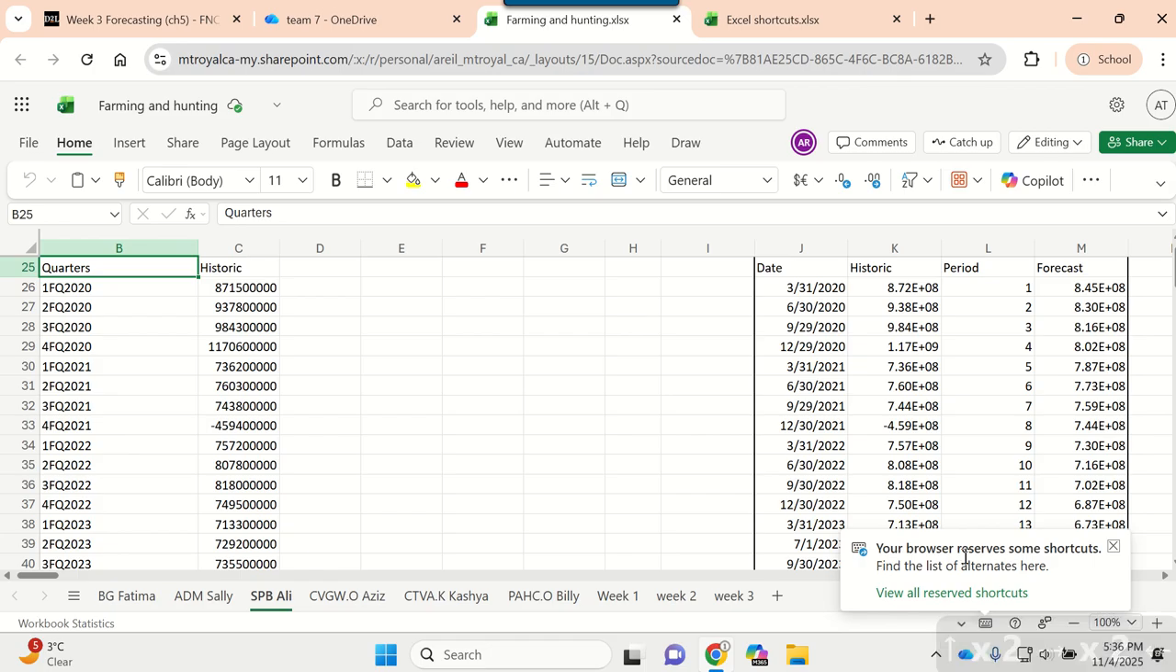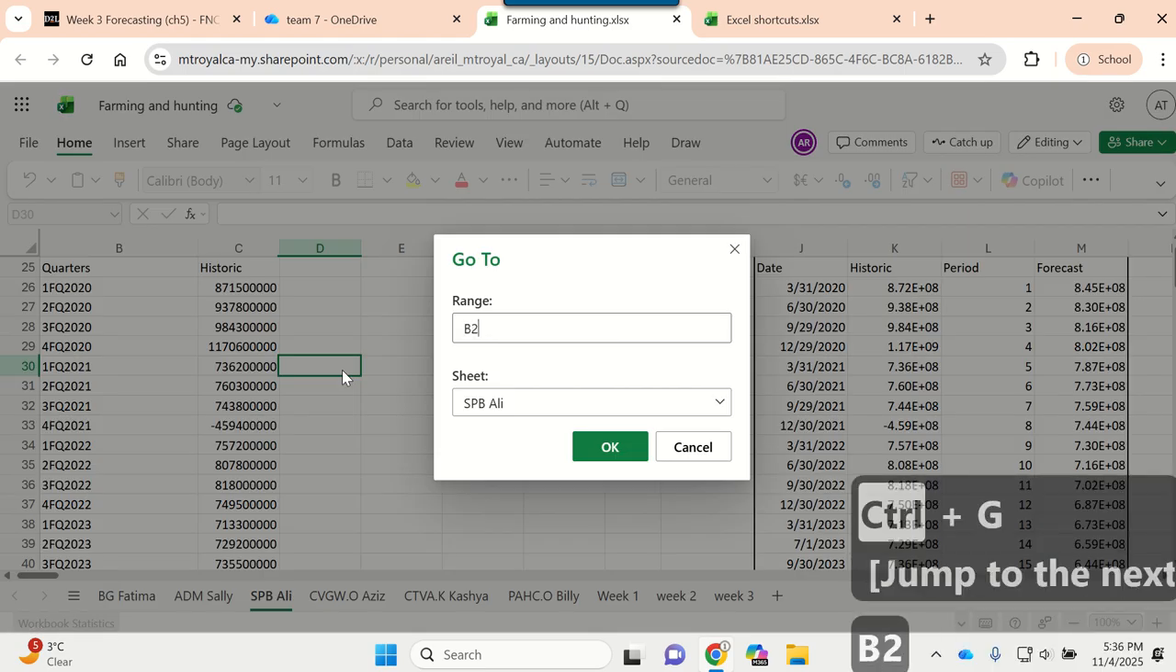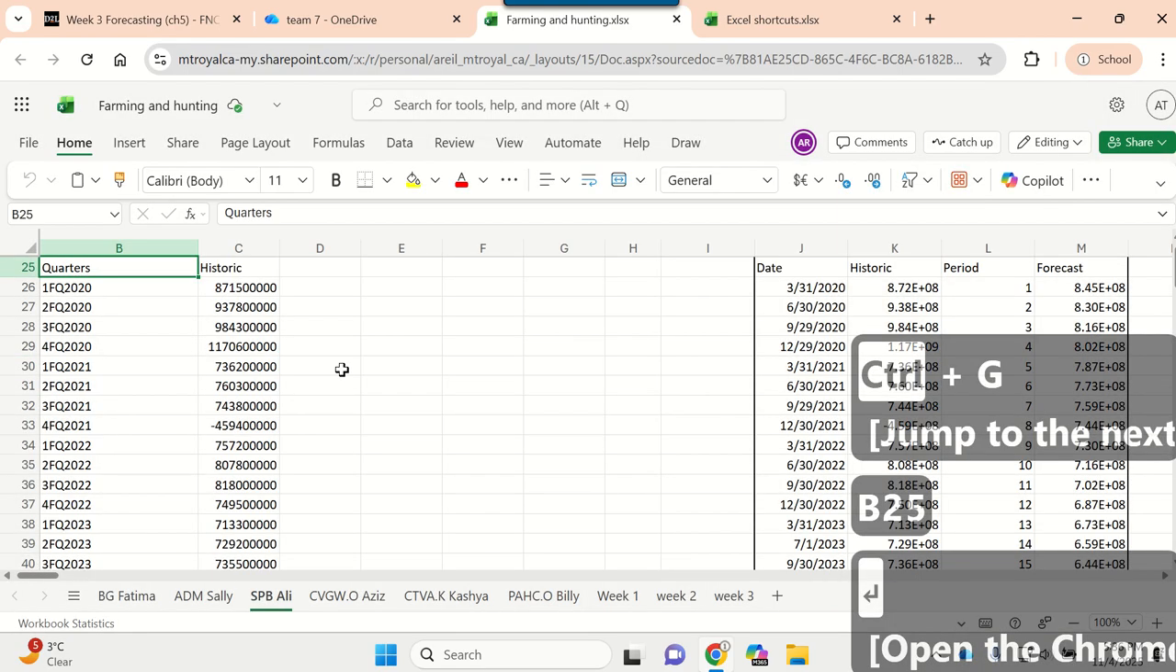Your browser reserves some shortcuts. Find the list of alternatives here. You can escape that, but then when you do, you can't get back in with a keyboard into your spreadsheet. You have to click back in your spreadsheet. So sad. Anyways, I'm going to go to B25, the Control G, B25, enter, and I'm going to go Shift